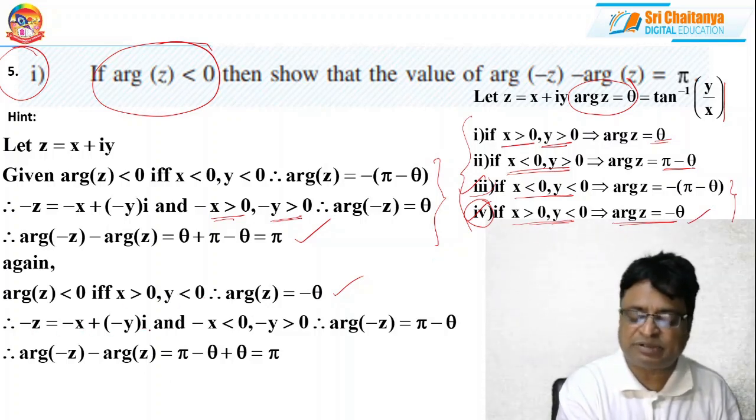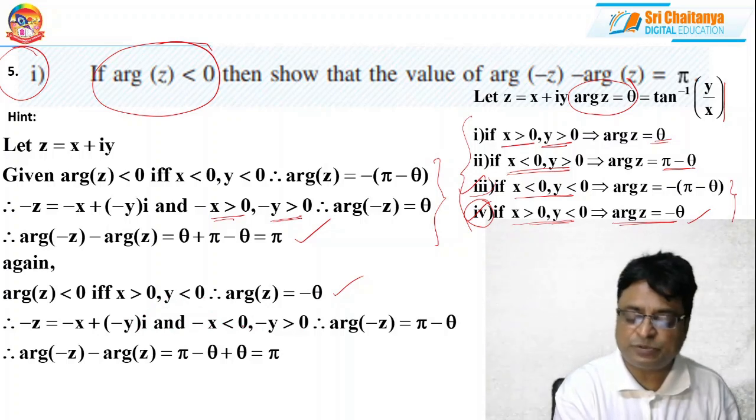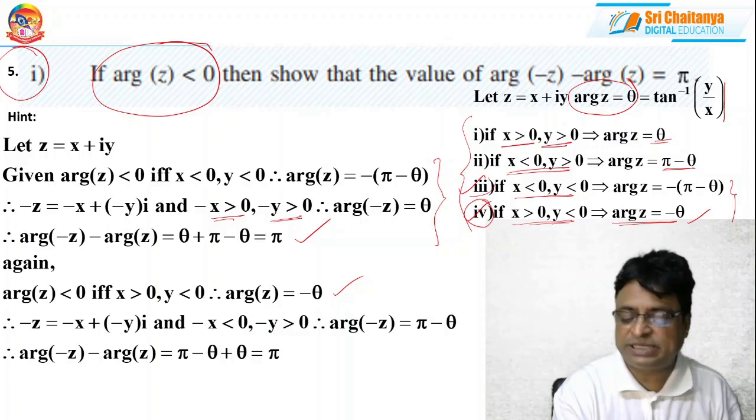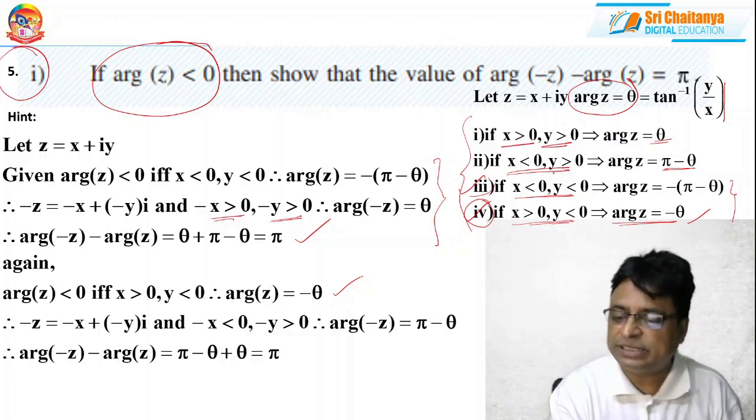Minus x plus minus y into y. So x is positive, then minus x is negative. y is positive, therefore minus y is negative. So minus x is negative and minus y is negative. So if x is negative and y is positive, then according to case number 2, my argument of minus